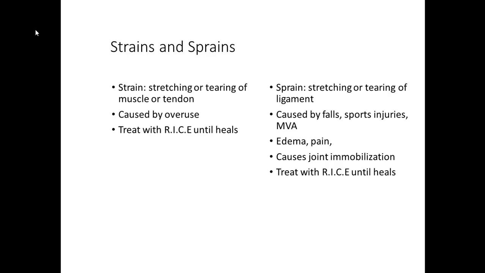With a sprain, you're going to see more edema, more pain, and the joints are not going to be mobile. They're not going to be able to move their joint, whether it's their ankle, their knee, their elbow even. Both of these are treated with RICE: rest, ice, compression, and elevation. Might be just an ACE wrap or an elastic brace. And then elevation is we need to teach them to make sure that they're elevating it above the level of their heart. That'll help with the swelling.